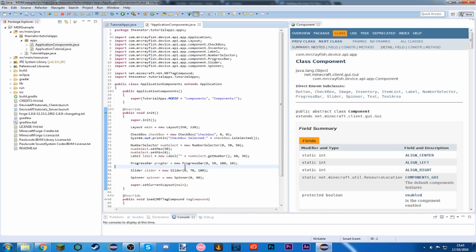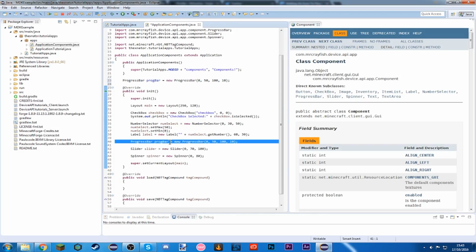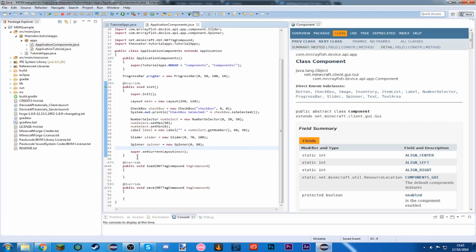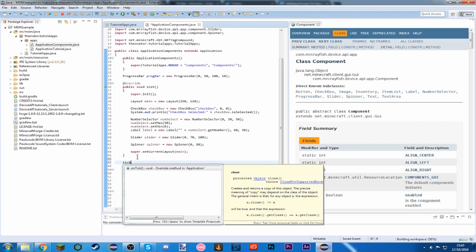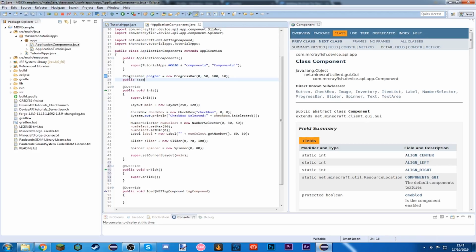Actually, what we will need to do here... we might need to make this up here, because we are going to need to get it from other places. Yeah, we are. Because we want to have a tick method here. And then public int, not static, let's say progress equals 0, progress plus plus,